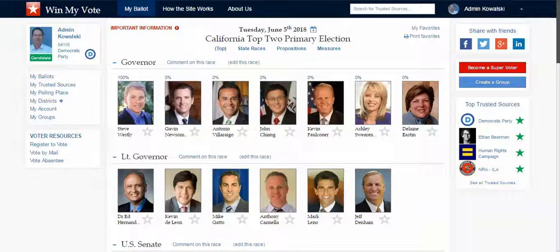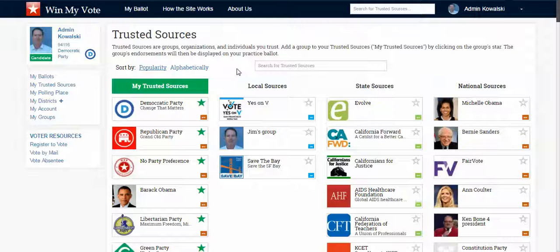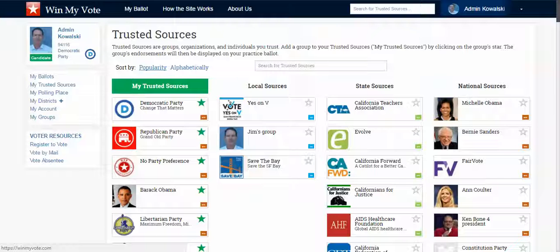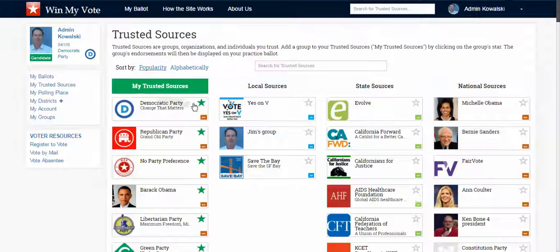Among the many features on Win My Vote, voters can select what we call trusted sources. Those are groups and organizations and clubs and even individuals that create a group page and then make endorsements of, again, both candidates as well as propositions and measures. So as a voter, I can look through here and, for example, the California Teachers Association. Maybe I follow them, maybe I have a lot of respect for them, maybe I even belong to them. But I can select their star and then they'll be added to my trusted sources. So now when I go back to my ballot,